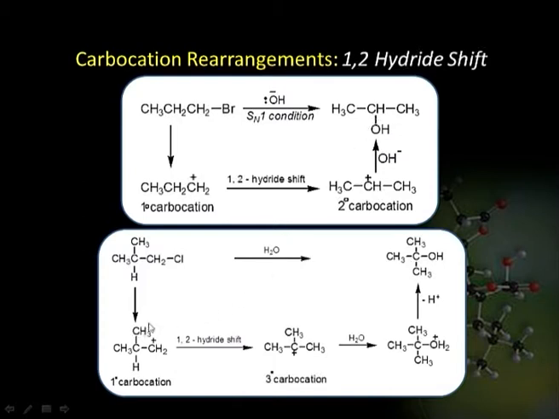Similarly, a primary carbocation can get converted into a secondary carbocation, which is again by a hydride shift, and can form the desired alcohol by means of again the SN1 mechanism. This reaction can be depicted by this particular reaction also, where the nucleophile is water and which gives rise to the product for which rearrangement has taken place.